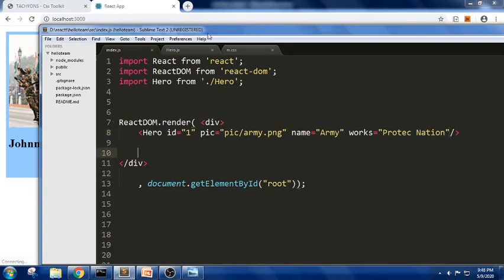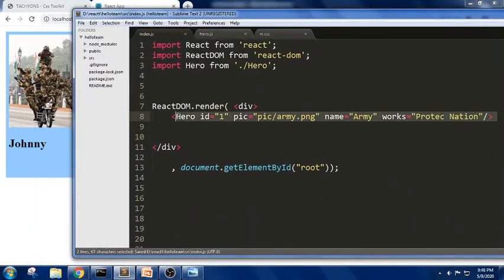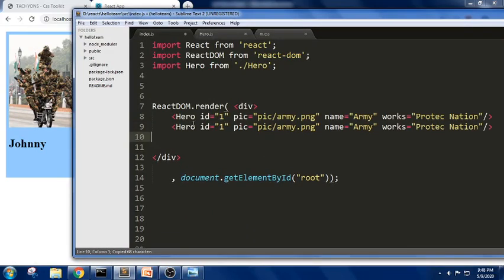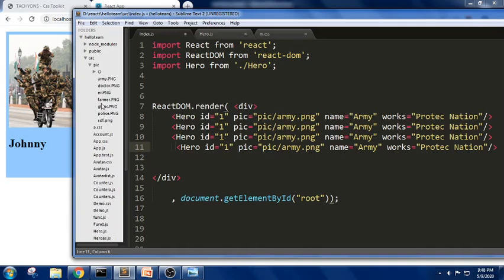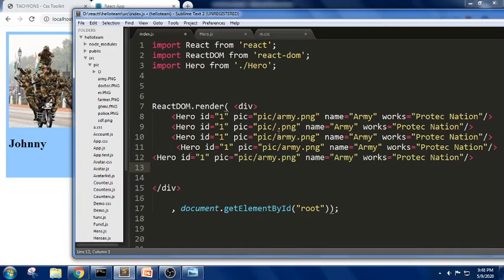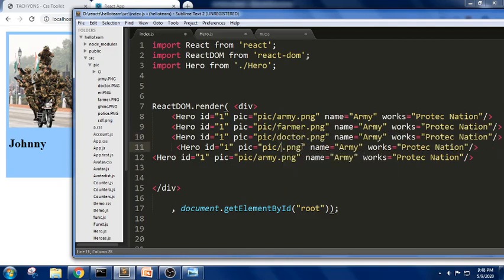So let me write the same thing. Now, can you see? We got one, but I want it for four, that is multiple images. So I'm trying to copy the same part. I have already placed the images in the pic folder, that is in the source. In the pic folder I have placed all the images, and I am trying to use the same images now. So let me write one more time. Next one I am trying to write farmer, doctor, police, last one sanitation workers. So here the name is farmer.